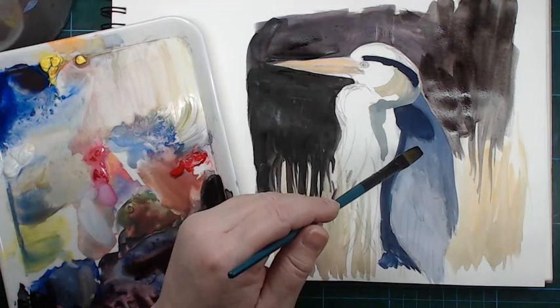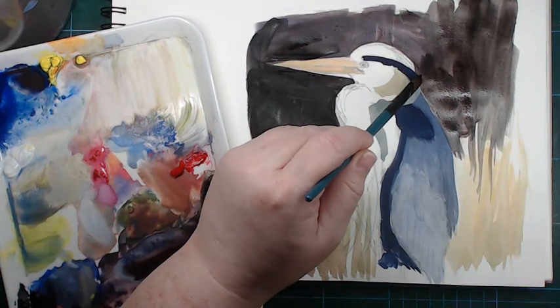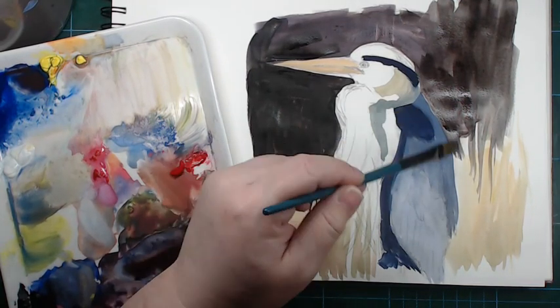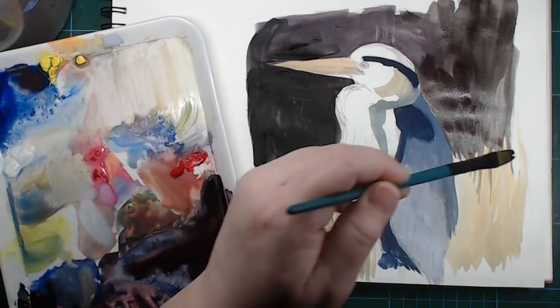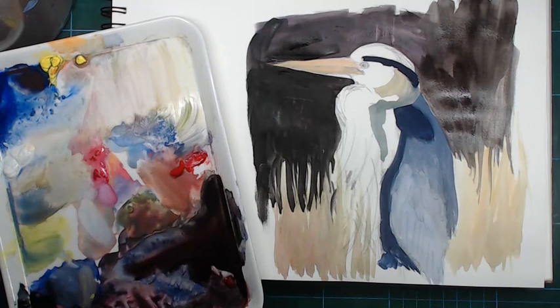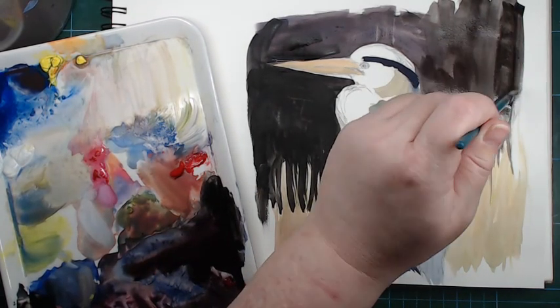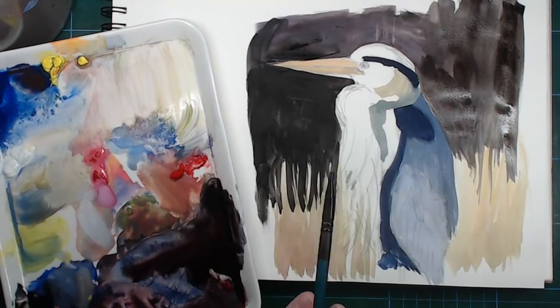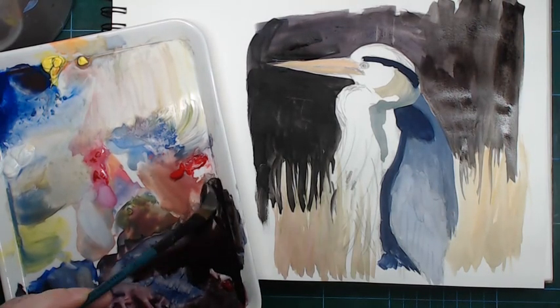Of course, I could have used a baby blue for the blue gray and stuff, and that would not have looked right. But I have a grayish blue there, and that's good enough. And for the beak, it's like an ochreish kind of yellow. So don't stress out too much about getting the colors exactly right. I will sometimes even change some things or